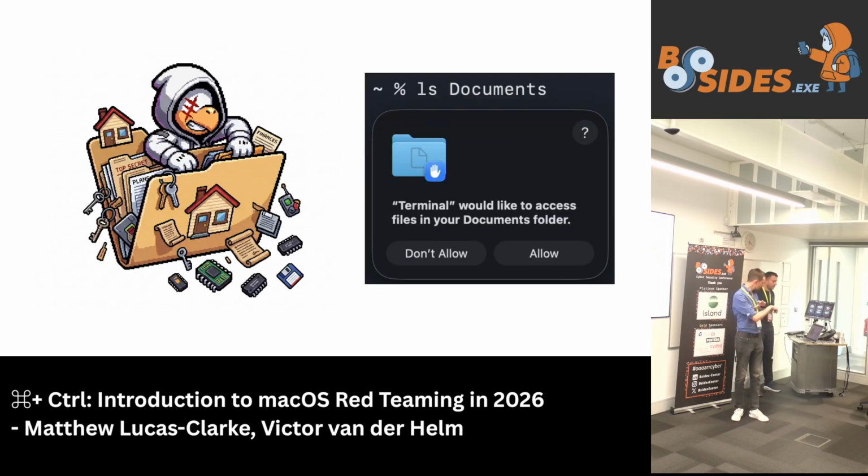As a word of warning though, be careful of TCC. As we brought up earlier, TCC demands that you get user consent if you try and access desktop, documents, downloads, and some other things, email as well. This is really going to hit you if you accidentally do a recursive file listing. You think you're just hitting the home directory, but your C2 is actually going into all of the subdirectories. You're suddenly spamming loads of prompts without meaning to.